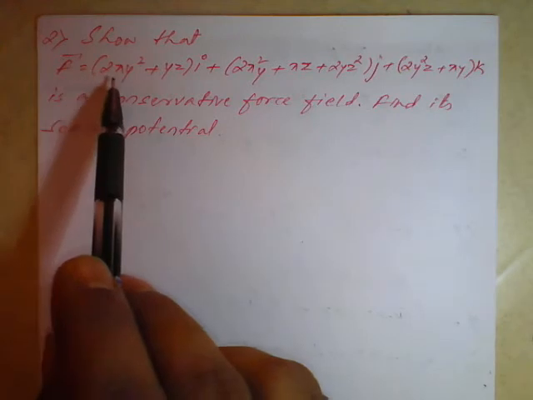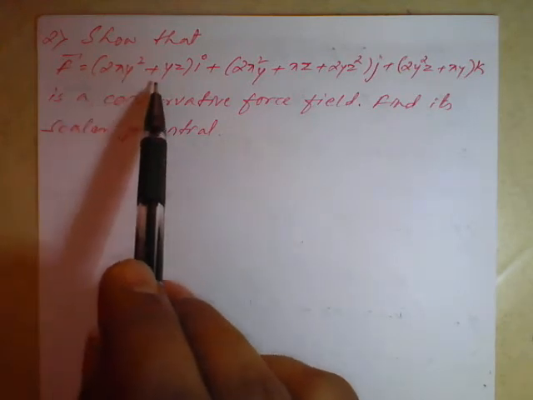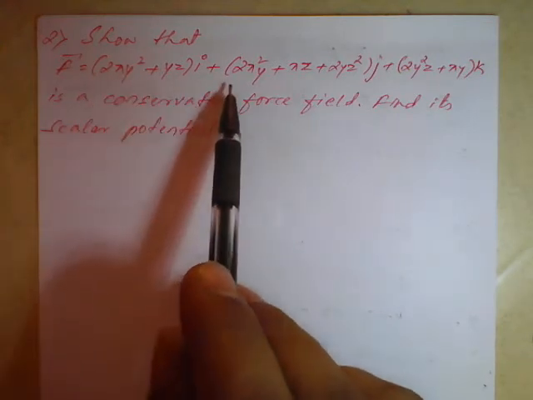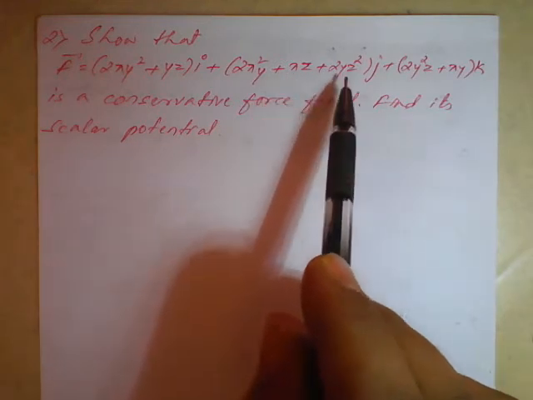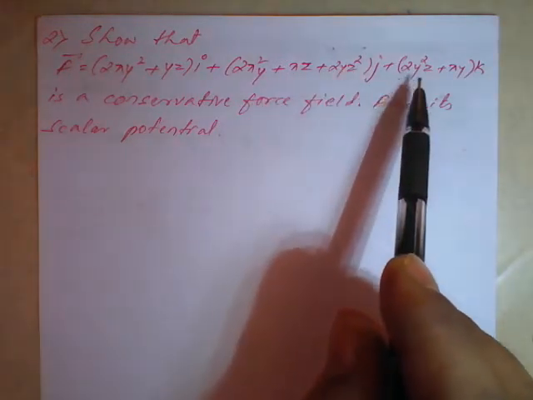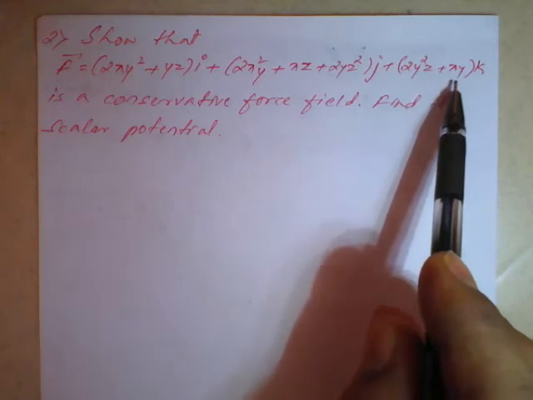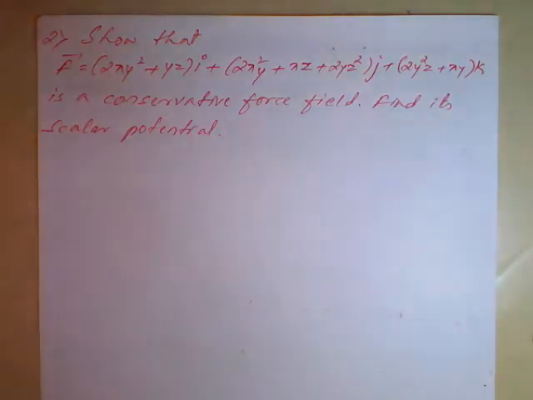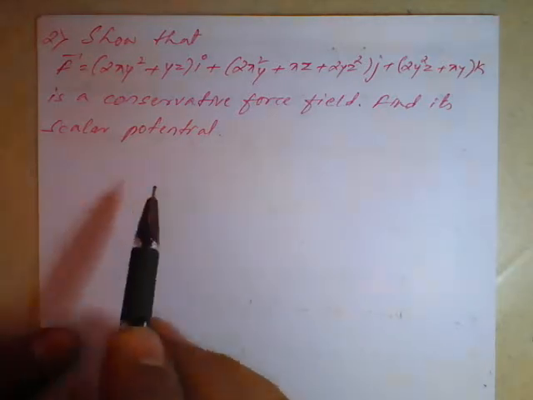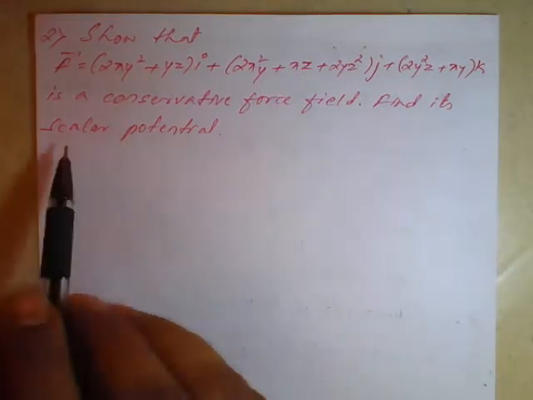Show that vector F is equal to (2xy² + yz) i + (2x²y + xz + 2yz²) j + (2y²z + xy) k is a conservative force field. Find its scalar potential. So with the help of this, we'll see